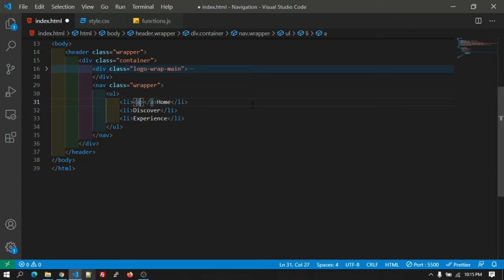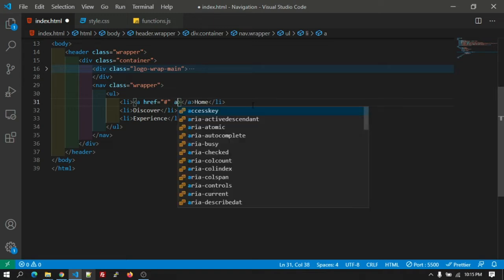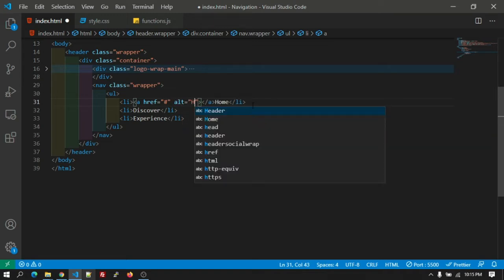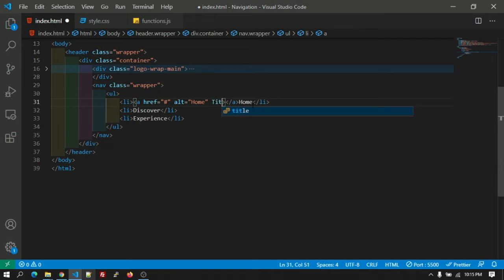Before that, let's say href hashtag, and let's give the alt tag as home, and the title tag will be home. Let's copy the same thing again and again.